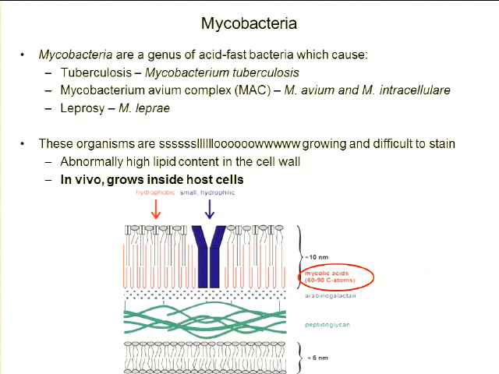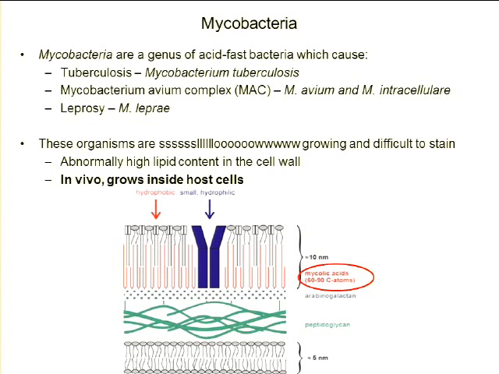So they don't stain like normal gram-positive or gram-negative organisms. The cell wall of these bacteria is what is different about them, and the cell wall is why they don't stain like they normally would. If you look at the cell wall of these mycobacteria, you see a plasma membrane at the bottom and a peptidoglycan layer above it. This is reminiscent of the gram-positive organisms, right? There is no second membrane above the peptidoglycan like the gram-negatives. So they are more gram-positive-like in their membrane and peptidoglycan, but kind of gram-negative-like in that there is a layer